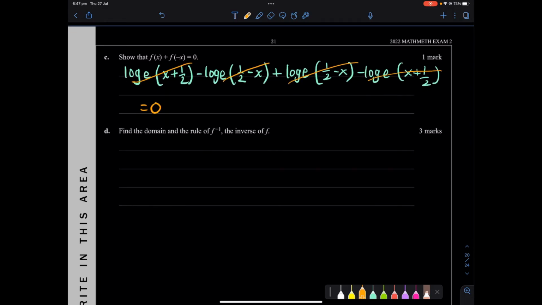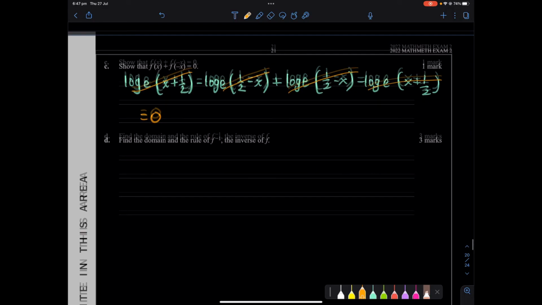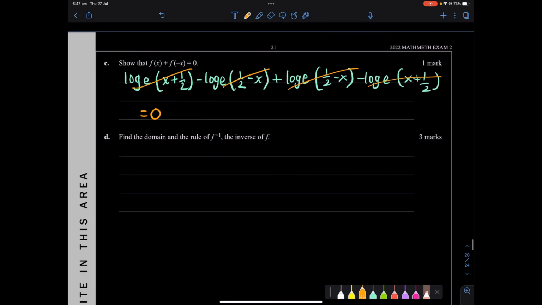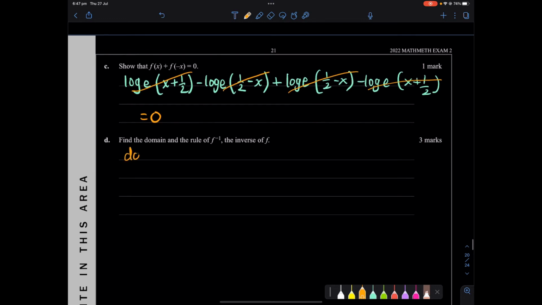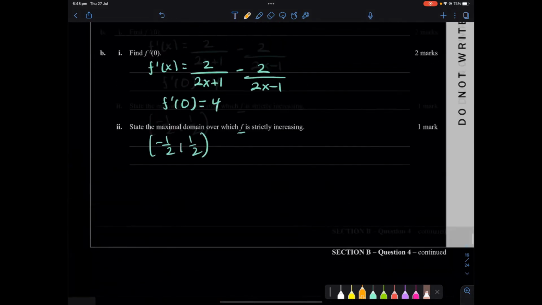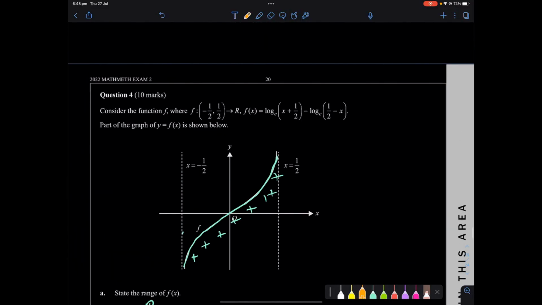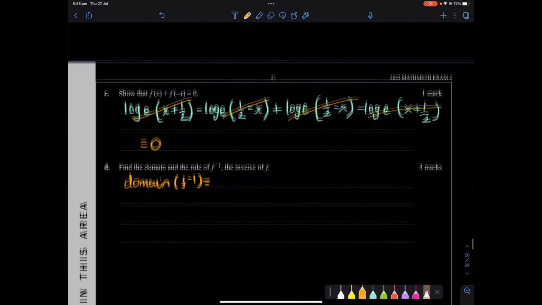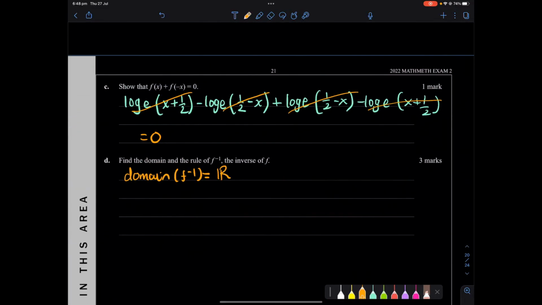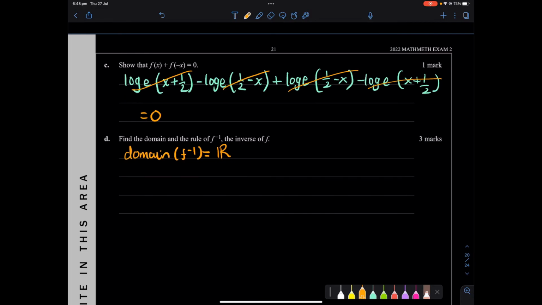Find the domain and the rule of f inverse of x. It's 3 marks, so we have to show some working out. First, I'm just going to find the domain. The domain of the inverse is the range of the function f. The range of f is all reals. So to calculate the rule of the inverse of f, we're going to say